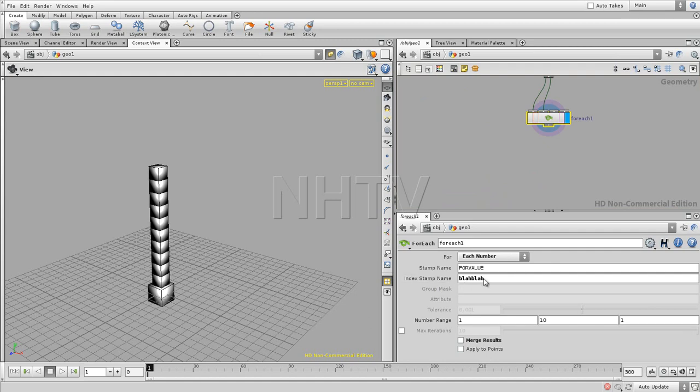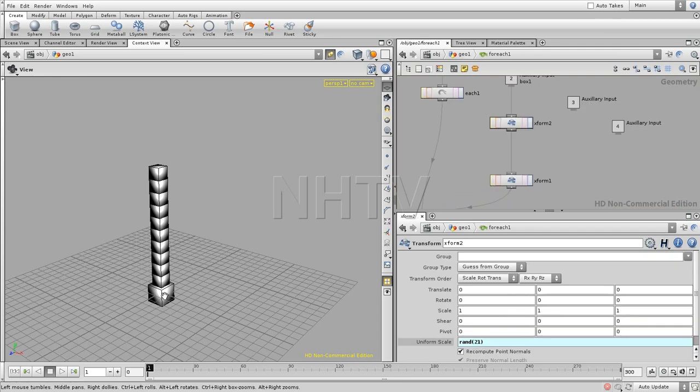The stamp name is something that can be used by the stamp expression, and it's going to keep each number in the iteration. So what we're going to get over here is, for the first box, it's going to get a random value of 1. The second box is going to get random value of 2. Third box is going to get random value of 3, and so on. So if we add inside of this node the stamp function, and let me just delete the previous bracket, we can go exactly to what we need. So we need to go up,